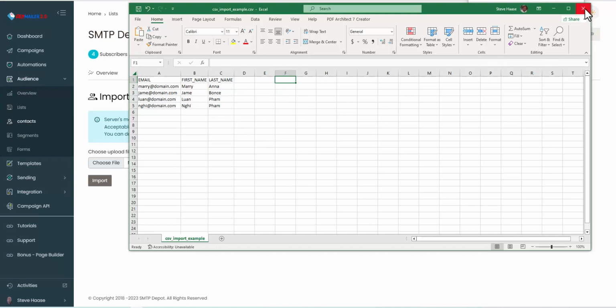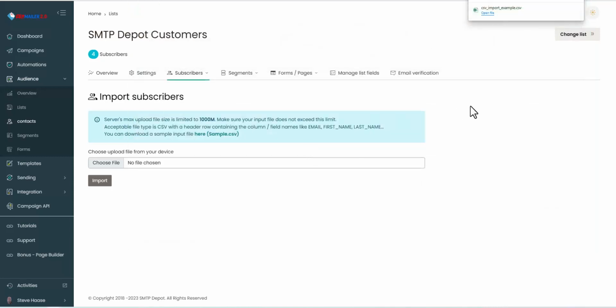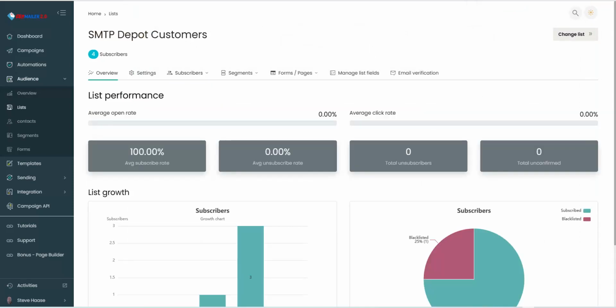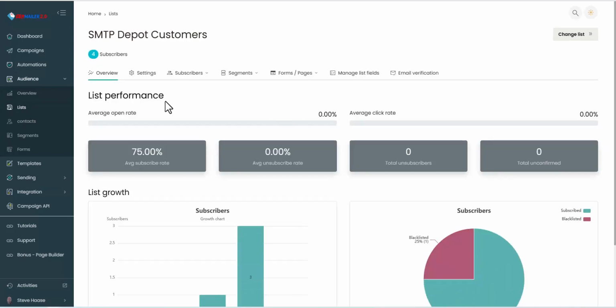Or you can export it out of whatever your existing platform is into a CSV file, and then you can import it. And that's as hard as it gets. Once you have your list imported and you click on list, then you can go in and select whatever list you want. So for example, and we'll continue to play with this, you click on statistics if you like,